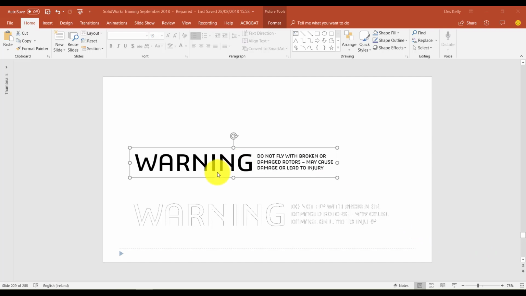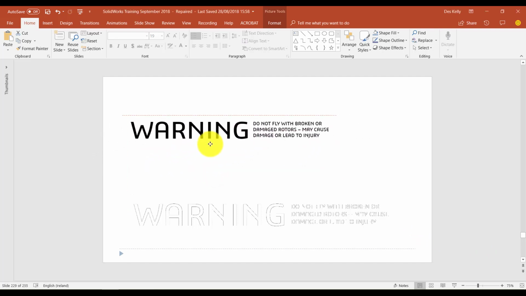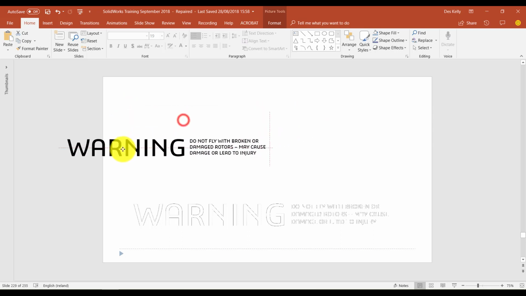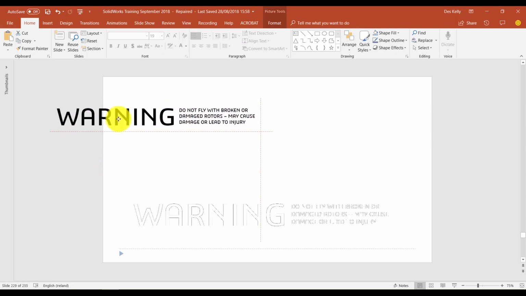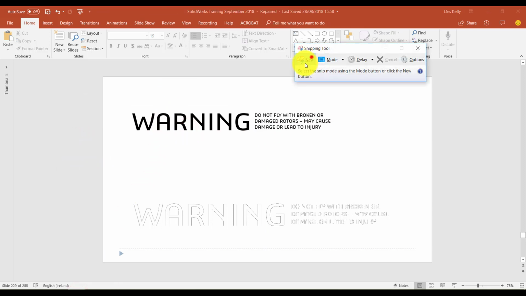So if you can find an image on the internet that actually has the warning logo, or the text itself, good and well. I couldn't find one, so I just put a couple of text boxes together and made them here. And then I just took a screen grab of them, and that's what I'm moving around the screen there. Now the screen grab, let me just show you. If I take another screen grab here,